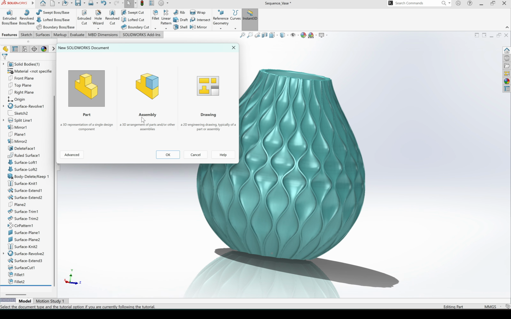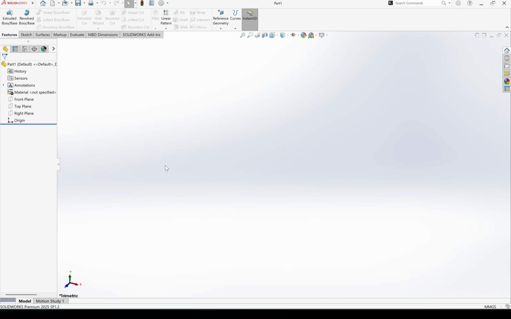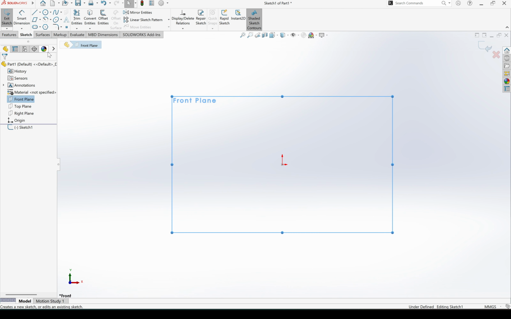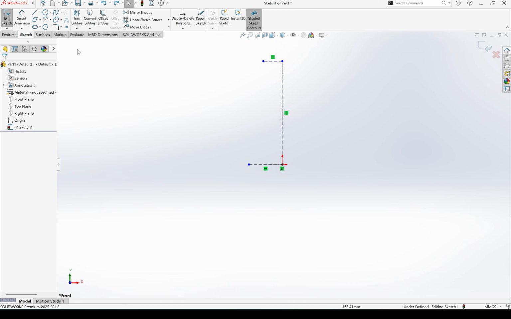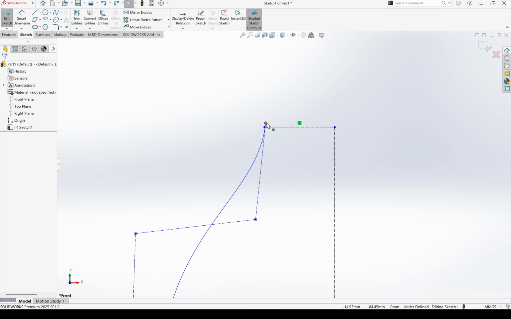File, new, part, okay. Now let's create the base profile first. For that, select front plane, sketch. Now select center line, go horizontal, up and then to the left. Press escape. Now select style spline, press escape. Select these 2 points